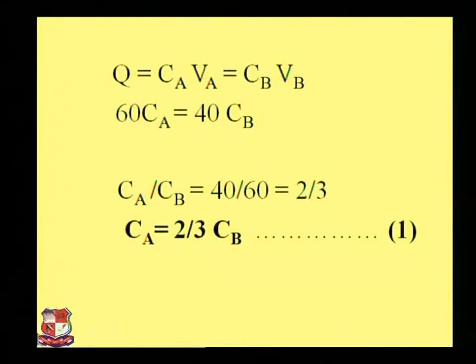By taking the ratio of CA and CB, we get 40 by 60 equals 2 by 3. So ultimately we get CA equals 2 by 3 CB. Call this equation number 1. Now we take case number 2, when the parallel